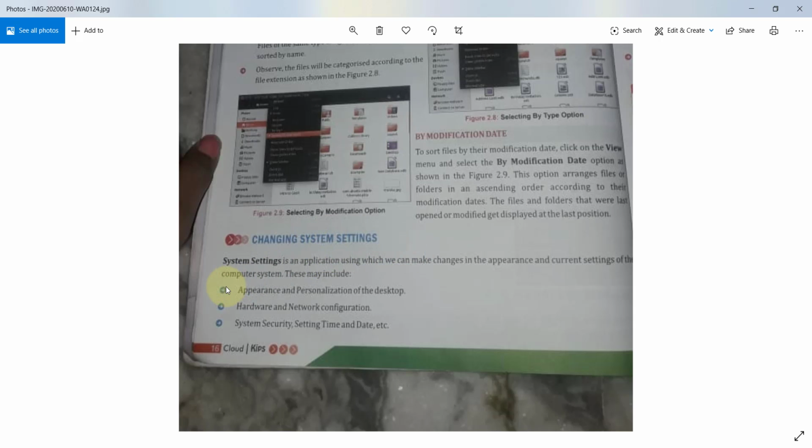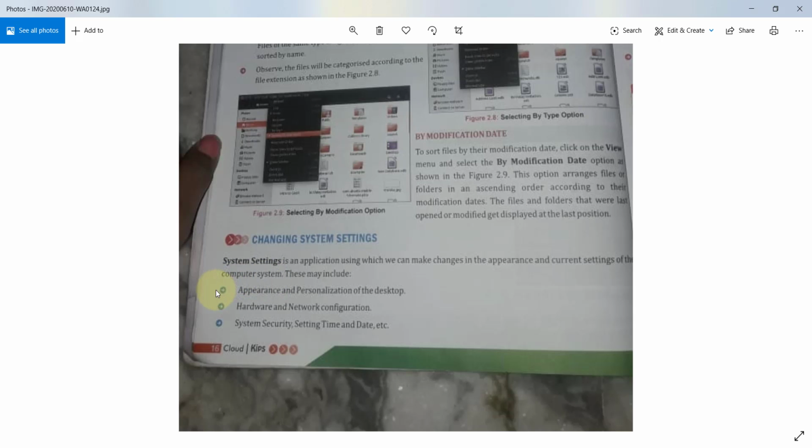So you note down what is the system setting. The question should be like, what is the system setting? So you will write, system setting is an application using which we can make changes in the appearance and current setting of the computer system.